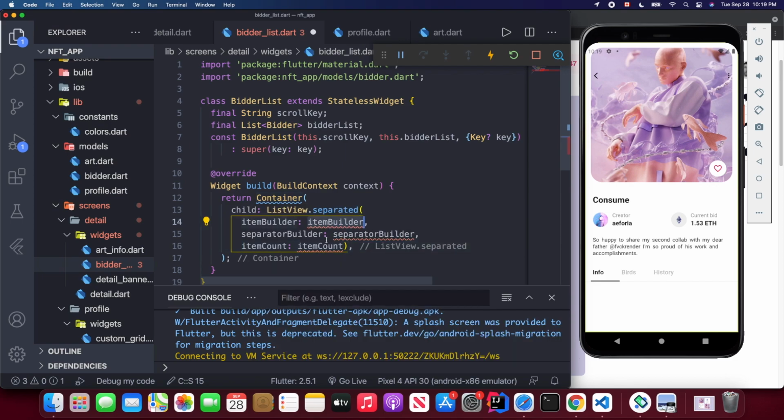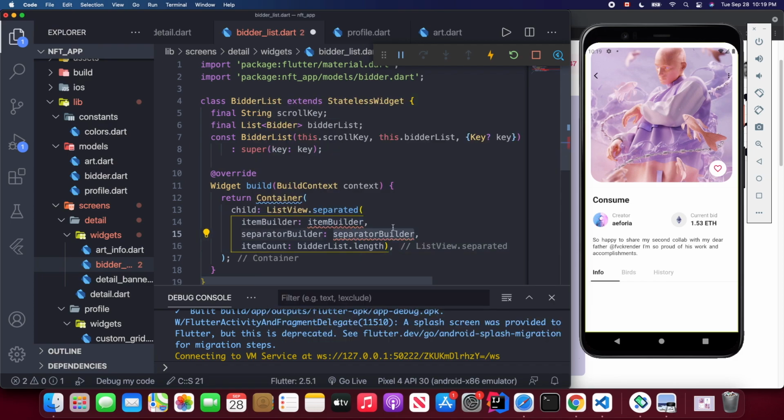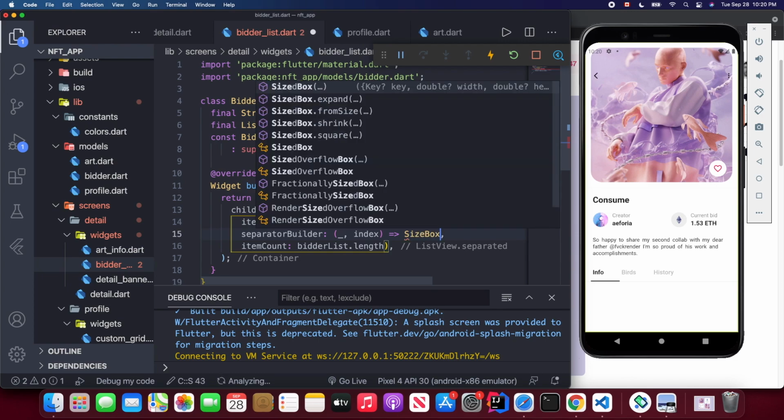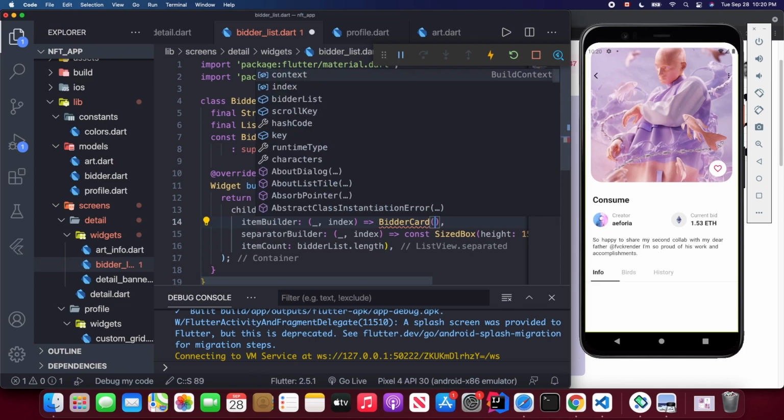Okay, and for its item count should be bidder list length. For its separator should be index, size box. Going to use height 15 constants. Okay, and for its item builder, I'm going to also return bidder tag, which we're going to create